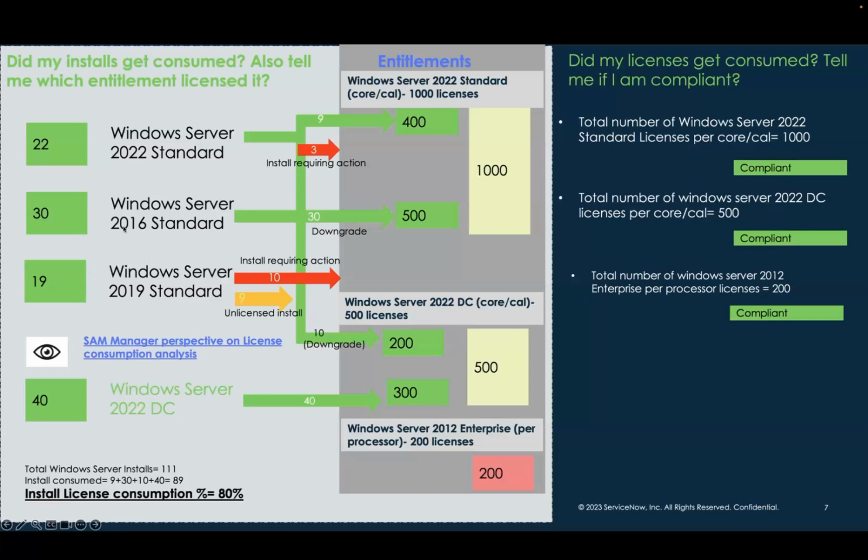Similarly, 30 licenses of Windows Server 2016 Standard have been licensed on the Windows Server 2022 Standard entitlement through downgrade rights. Similarly, Windows Server 2019 Standard has 19 installs, out of which 10 have some action, for example, there is some CMDB issue, and 9 of them are actually unlicensed because there are not enough rights. And then, if you see down, 40 installs for Windows Server 2022 Data Center have been licensed by Windows 2022